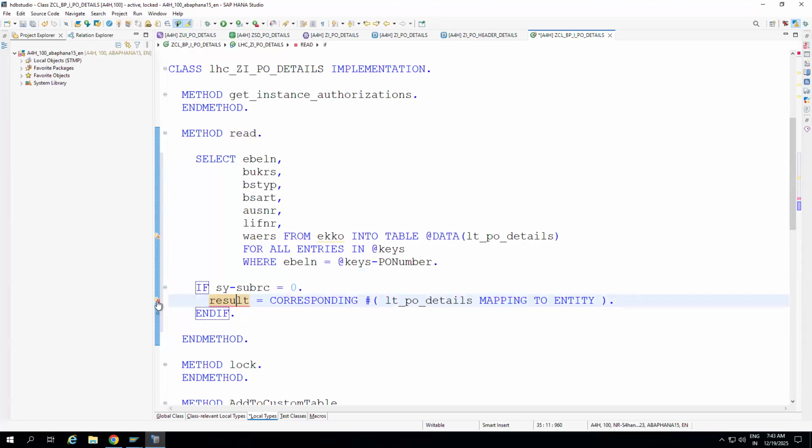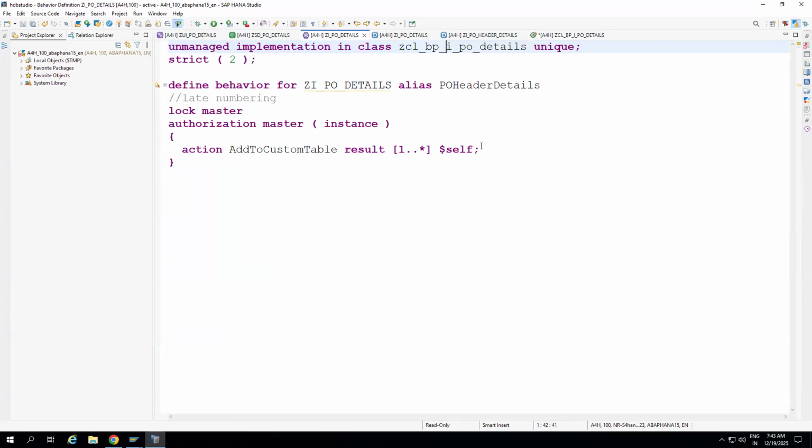Now you are getting some error. What is that error? First, it is saying no mapping is defined for the types result and table of something something. Okay, so it is saying that there is no mapping. Okay, where we should do that mapping? We should do that mapping over here. Okay, what is that? Mapping for